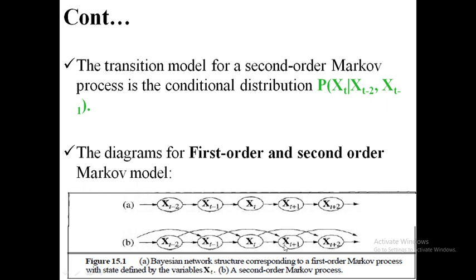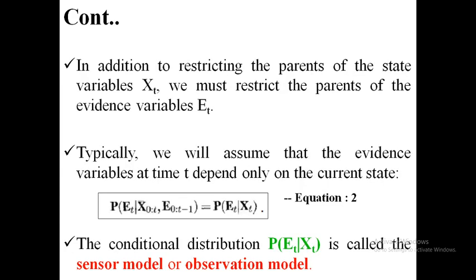Coming to the second order, if you observe this, see that xt is depend upon x minus t, along with it is depends upon x minus 2 also. This t is depends upon the t minus 1 along with the t minus 2 also. So there is a dependency upon the 2 days, the past 2 days, two variables, previous in terms of previous time and all along with the last previous time. If it is so, that is called a second order Markov process. Of course, it will increase at any number of times, depends upon your requirement.